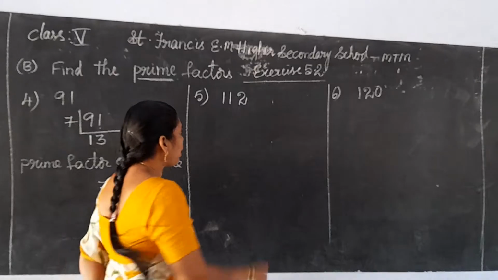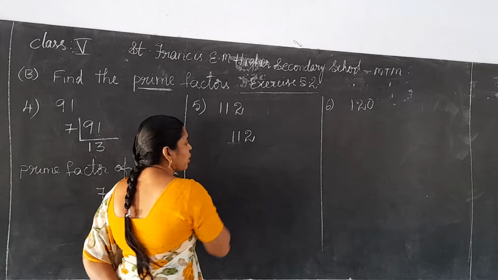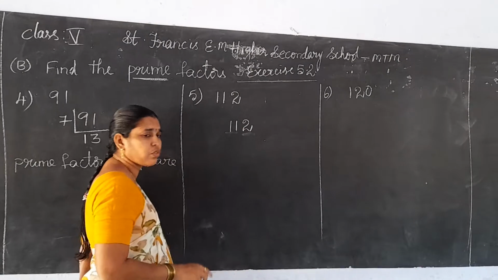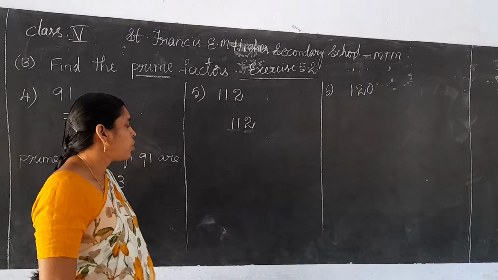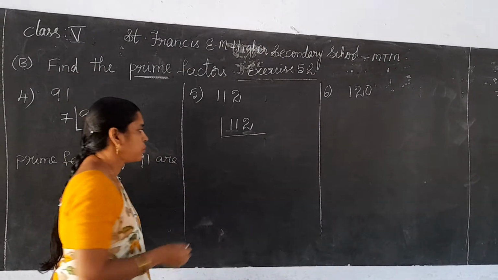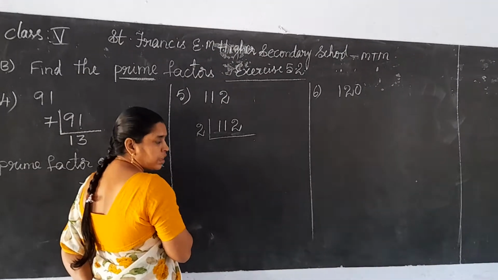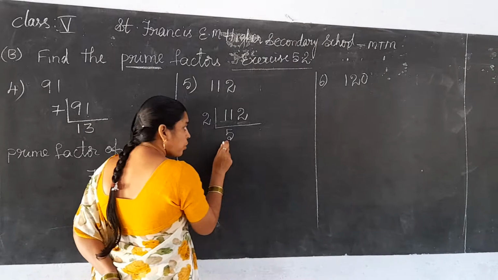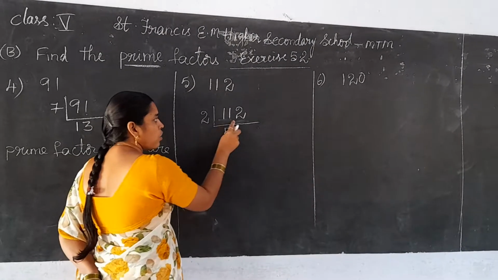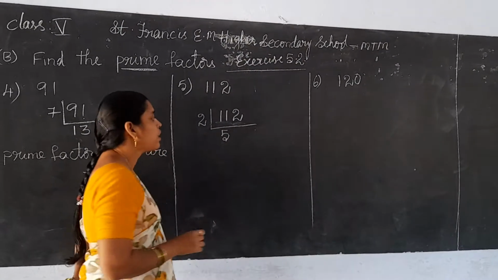112. We find out the prime factors for this 112. Right? See, what is the last digit? The ones place digit? 2. So, which divisibility rule shall I apply? 2, because 2 is an even number. So 2 how many times will go in 11? 5 times. 5 twos are 10. The quotient you should write down. Okay. Now 11 minus 10, 1. Bring down the 2, 12. So 2 how many times will go in 12? 6 times.